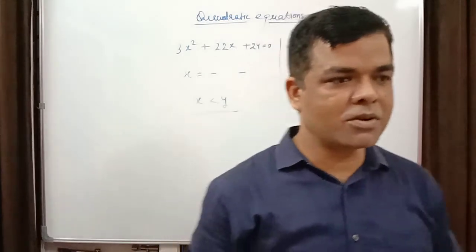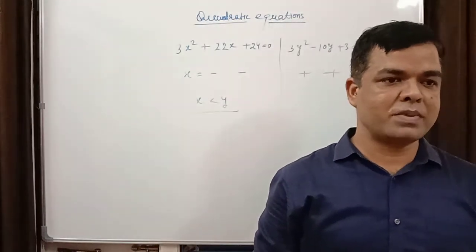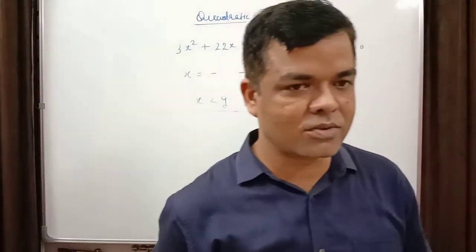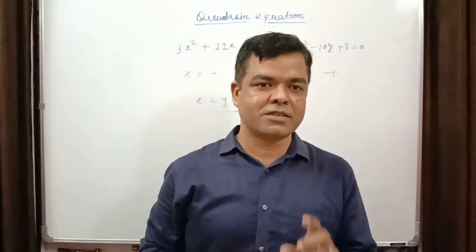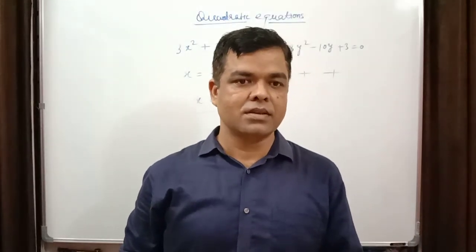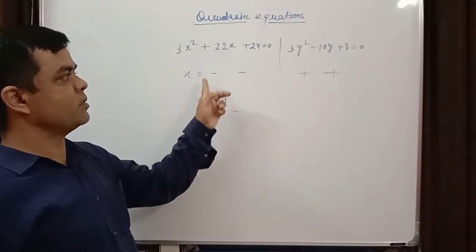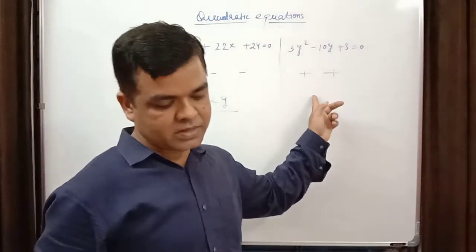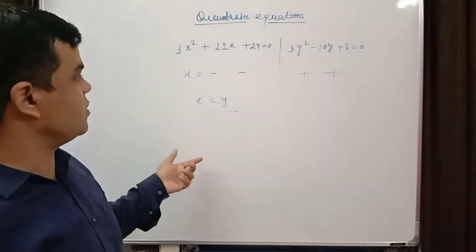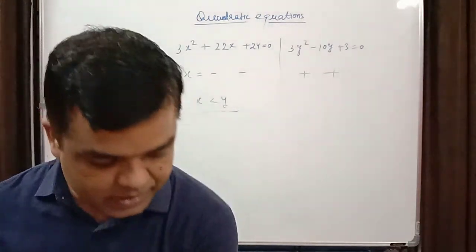Correct? But before that you should practice it. You should practice simple quadratic equations first. Don't take shortcuts. Then only you can tell all these things, because both roots will be negative here and positive here, then things will be in your favor. Okay, so we'll take another example.